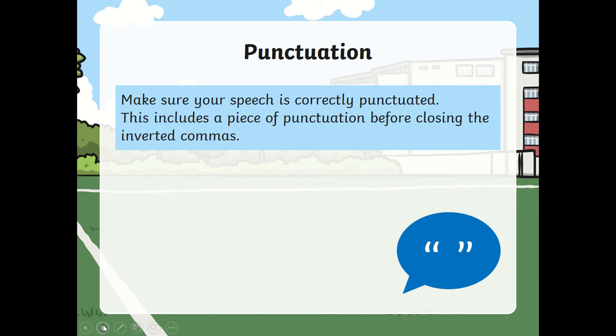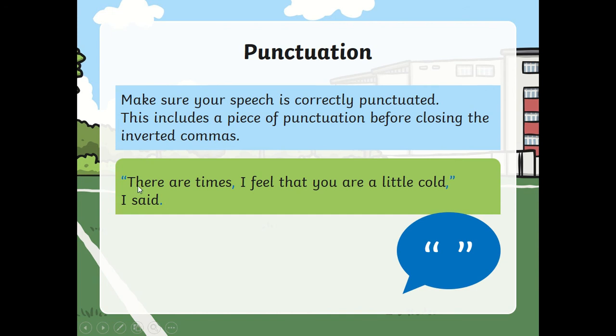Okay, also make sure your speech is correctly punctuated. This includes a piece of punctuation before closing the inverted commas. So look carefully, okay. "There are times, comma, I feel that you are a little cold," comma, I said, full stop. You can see this sentence is being spoken. Okay, these are the spoken words, and there are the inverted commas, and before the inverted commas there is always